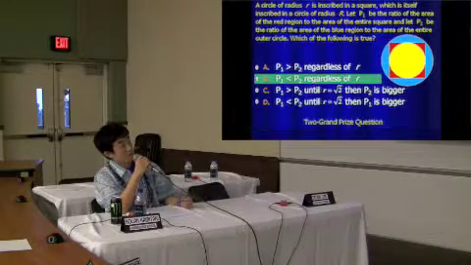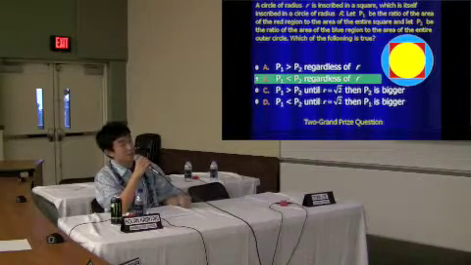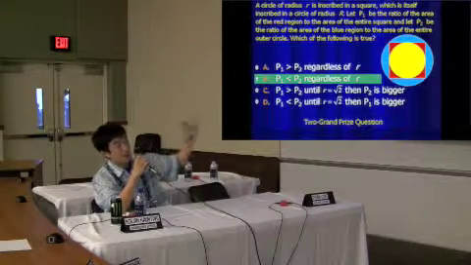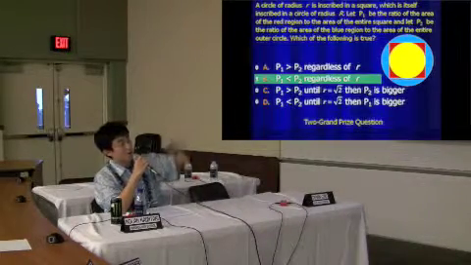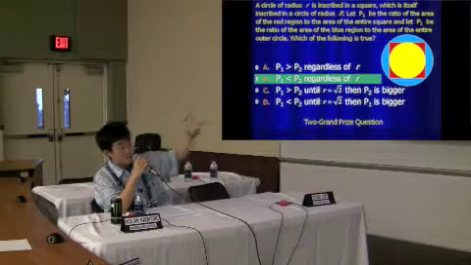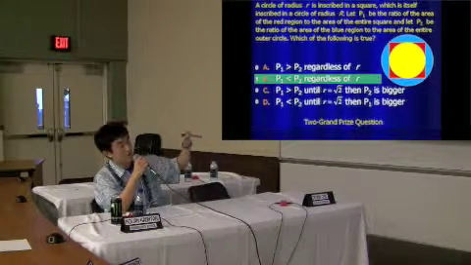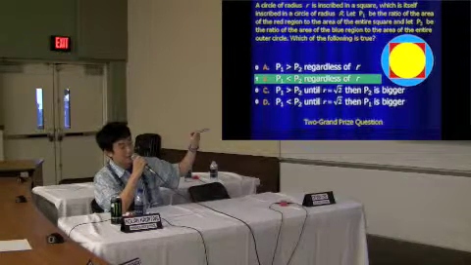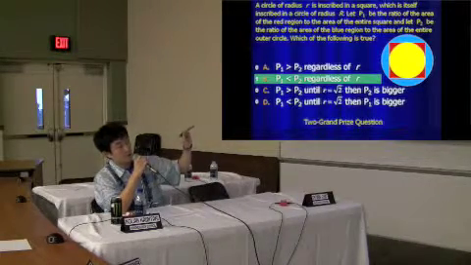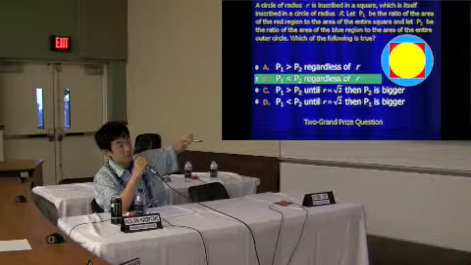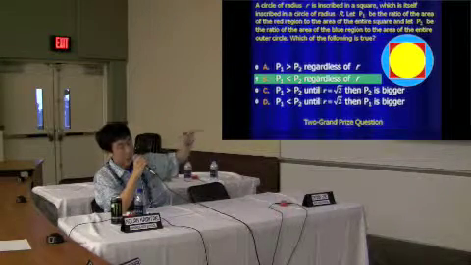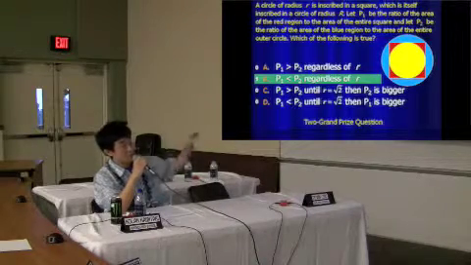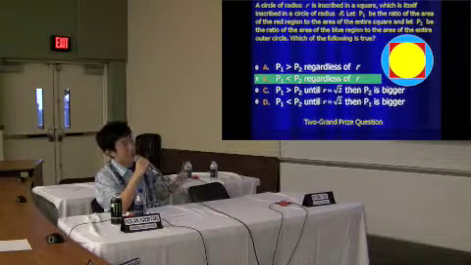All right, so if the inner circle has a radius of r, then the side length of the red square would be 2r. Because the diagonal of the square is the hypotenuse of a 45, 45, 90 triangle, it would have a length of 2 times root 2 r. So if that is also the diameter of the big blue circle, then the big blue circle has a radius of root 2 r. So then you can do the area of the big circle minus the area of the red square to figure out